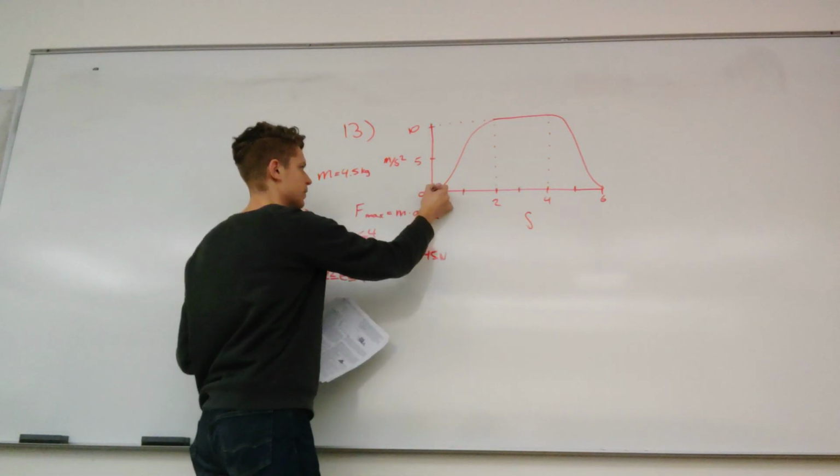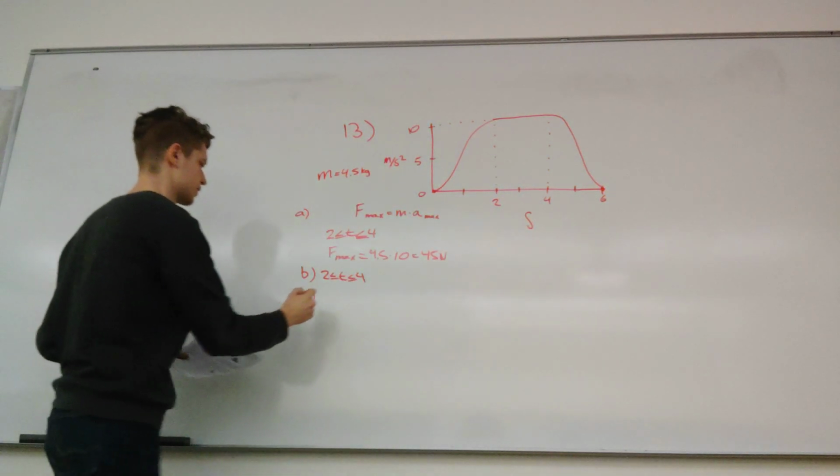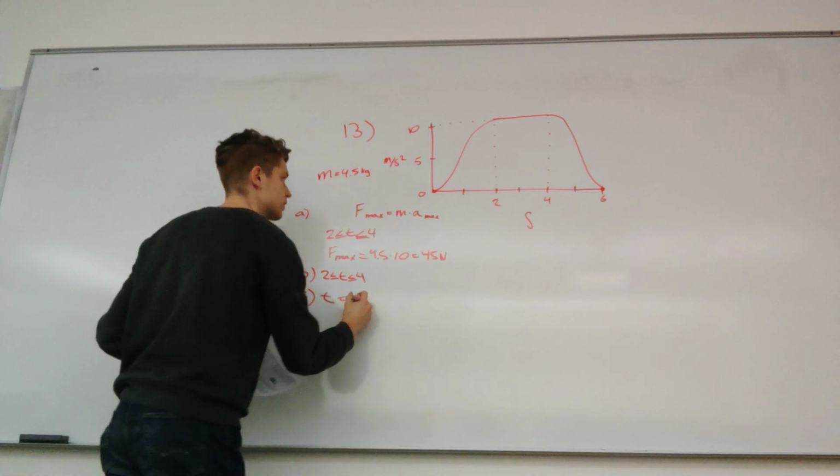So on the graph, we only have 2 points, here and here, where the acceleration is 0. So that's at t equals 0